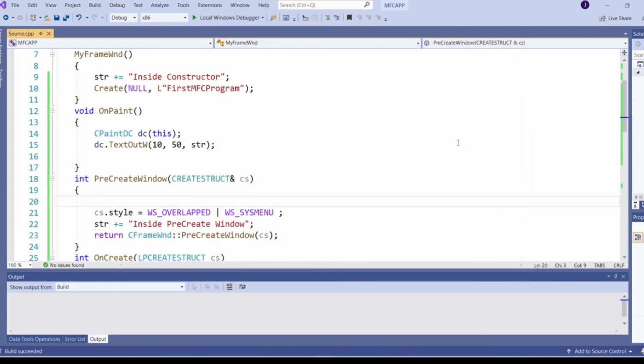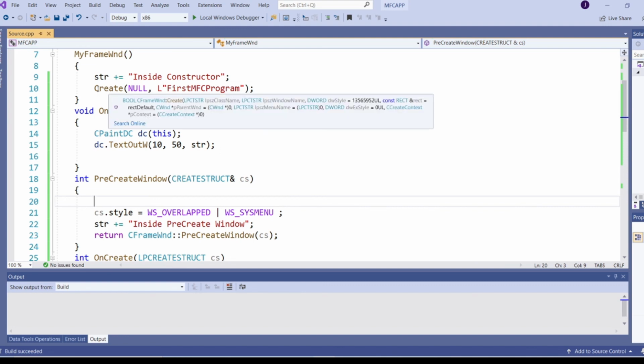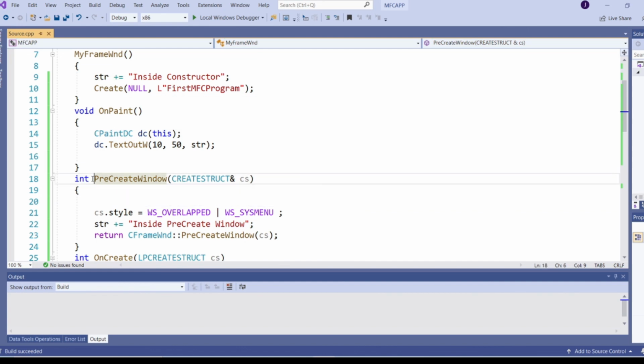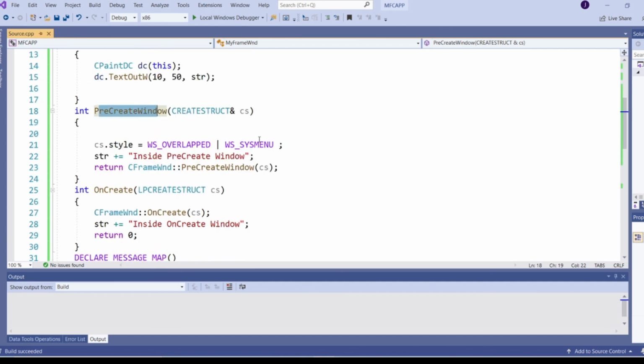To conclude, the style for a window can be specified while creating the window inside the create function, or it can be specified in the pre-create window function, because create will internally call this function before displaying the window, and after that it will call on create.